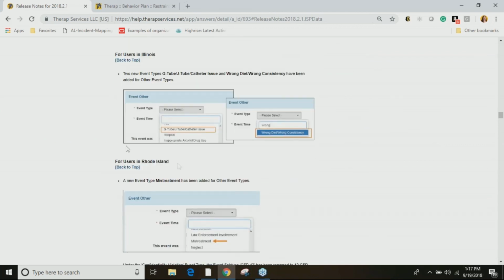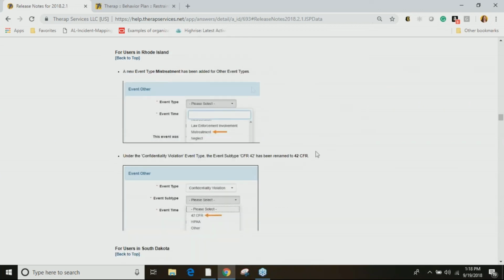Illinois, we added a new event type for other, for G-tube, J-tube catheter issues, and also one for wrong diet or wrong consistency. So a couple new types were added for that state.